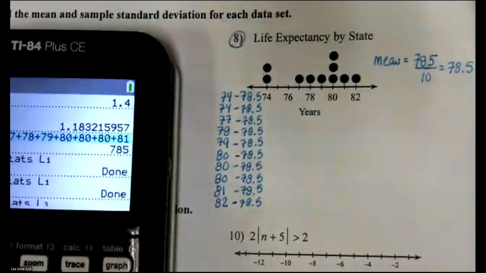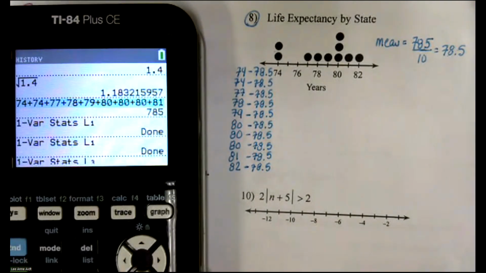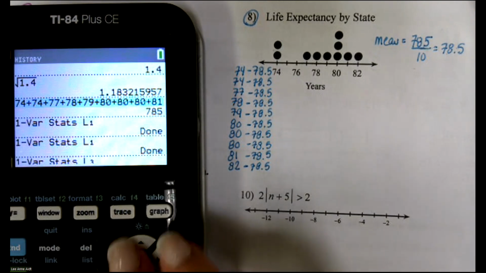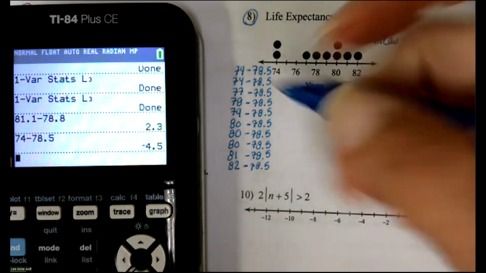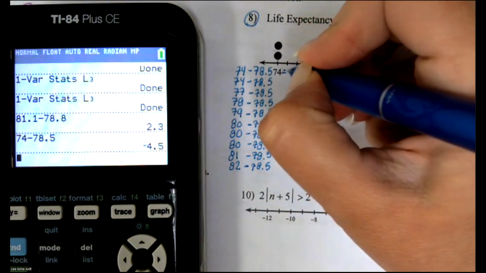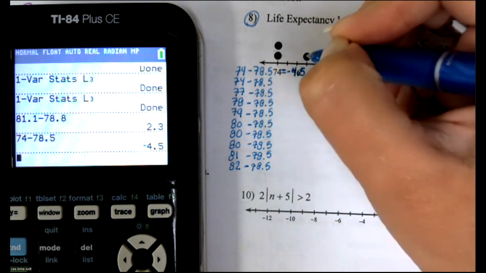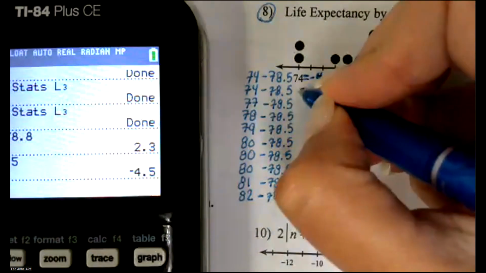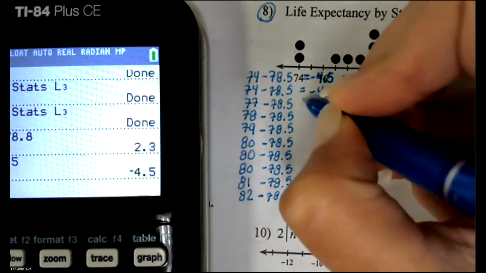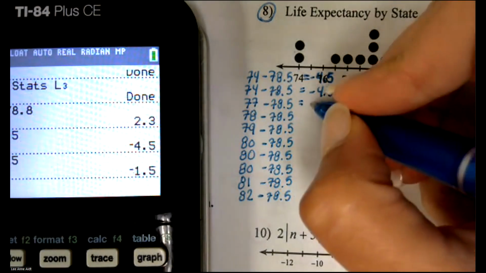Okay, to do a problem like this, I'm going to use this lovely machine I have here called the calculator. 74 minus 78.5, I did it right here because I was starting already, is negative 4.5. Which is the same answer here, negative 4.5. 77 minus 78.5. I know that one in my head, but